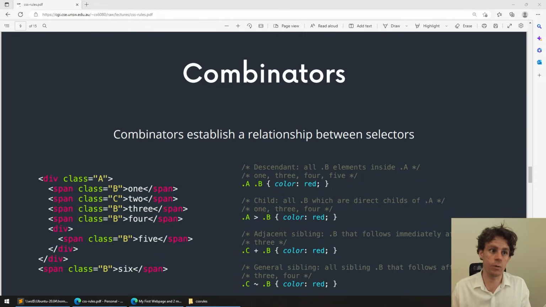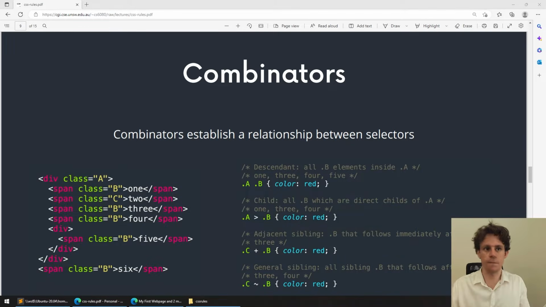have a certain style, or I want all of the divs inside of the divs with a certain class to have a certain style. Now, this can be tags or the universal selector or classes or IDs. This isn't tied to one of them. This is how you explain the relationship between them. So if you have a look here, for instance, the first one is if you put two